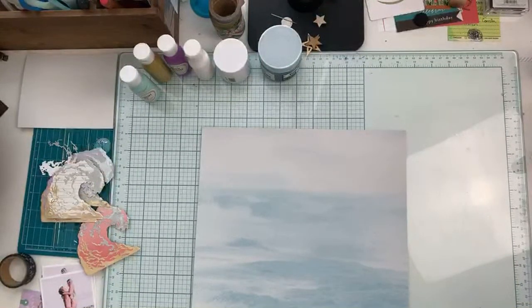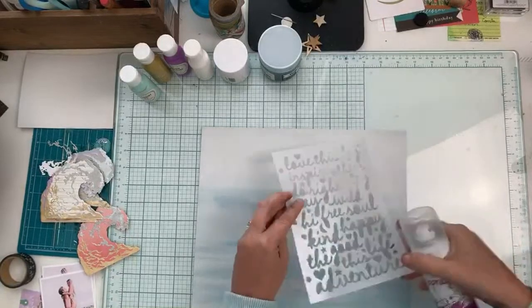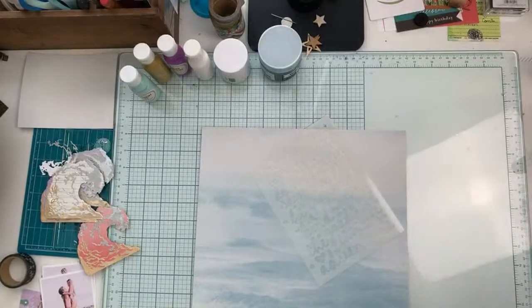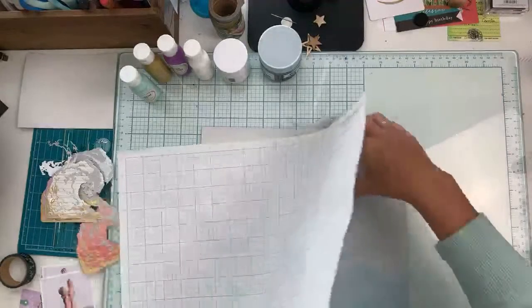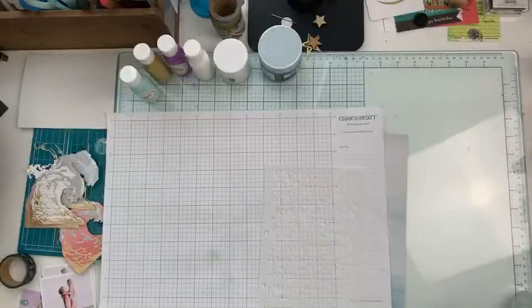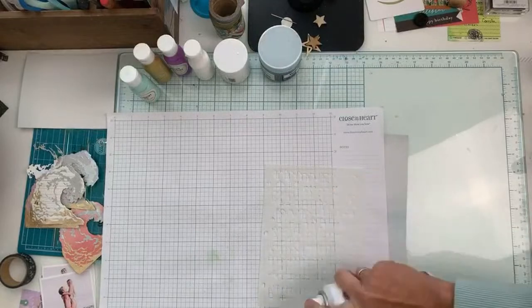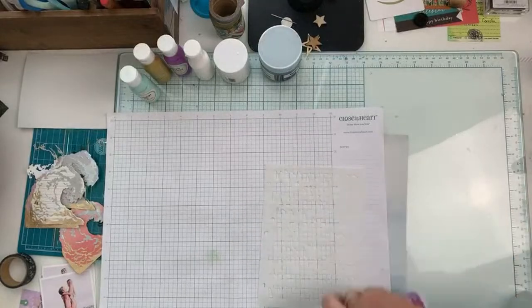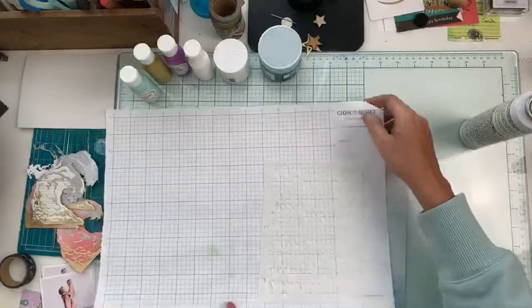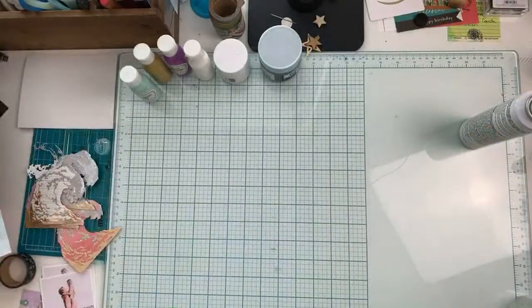I just realized because I'm using paint, I really want to use Pixie Spray, which is this. Pixie Spray is a light tack repositionable adhesive for your stencils, and the cool thing about it is it stays on there for a little bit, so you can use the tackiness over and over again. So I'm going to let it dry. It just takes a couple minutes. You want it to get a little bit tacky. While we're doing that,